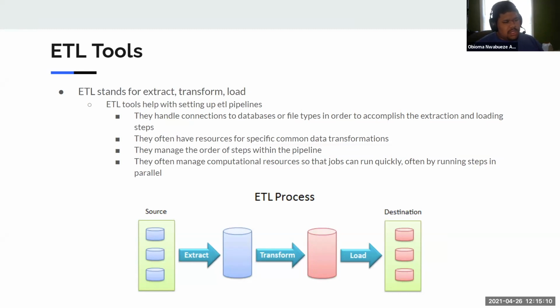They have resources for specific data transformations. They might have an internal data representation in order to facilitate that type of stuff, but it's possible you might need to sub in another one or use inbuilt Python capabilities in order to do that. They can manage the order of your steps within the pipeline,